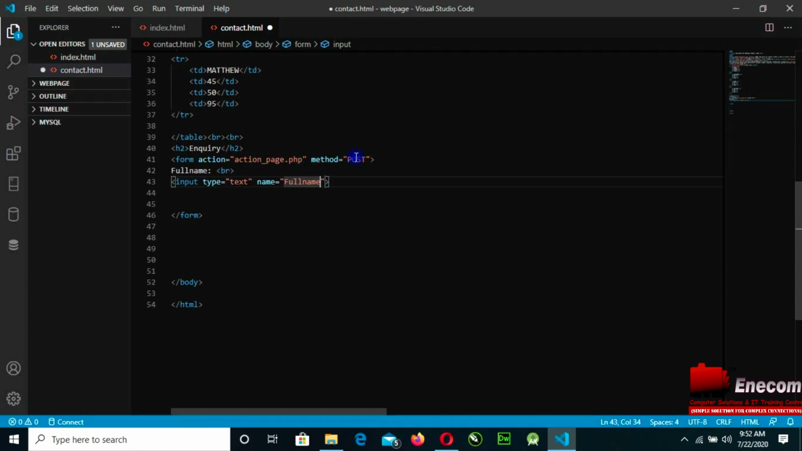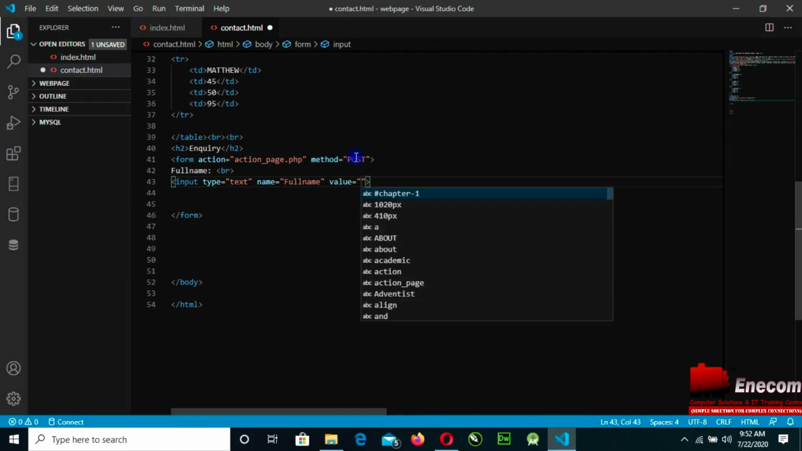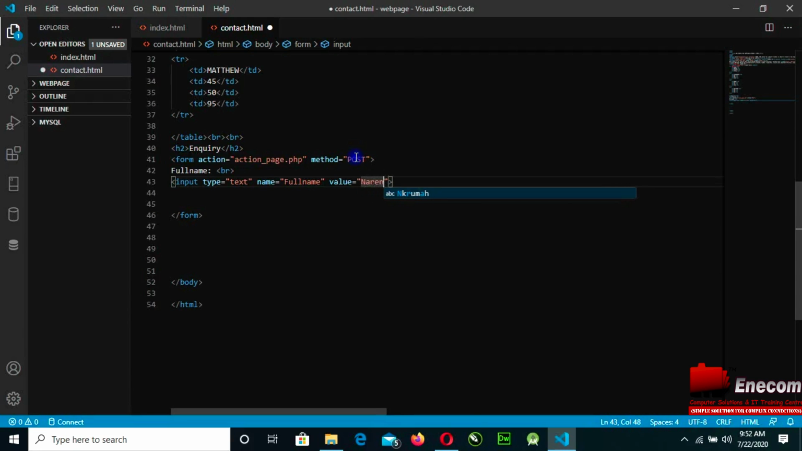Then I will add extra features, which is value. So these are features that you can add to the page. So I will just have to add a random